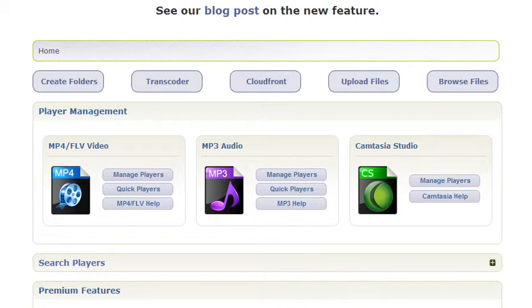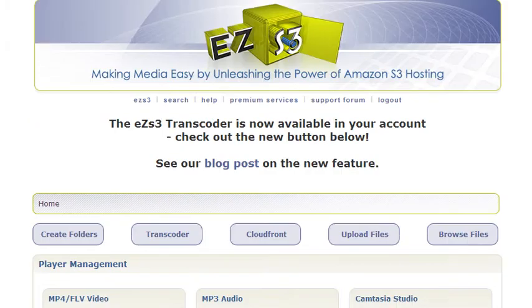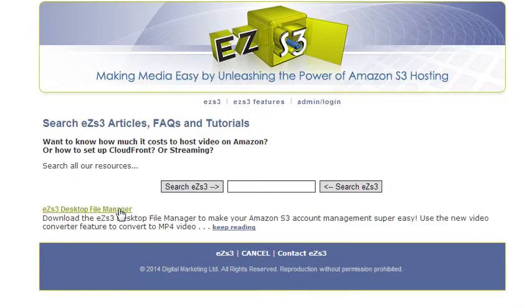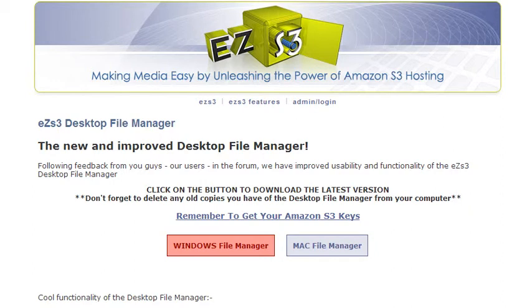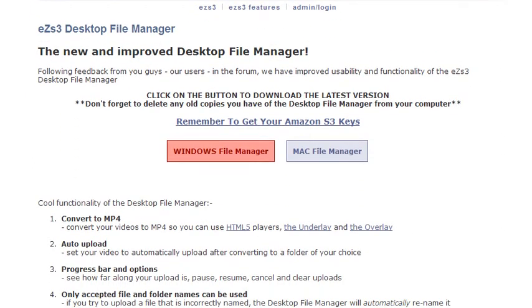Another option we have is the desktop file manager, which you don't have to remain logged in to use. So I'm going to show you this one now. Click on search, and you see it's this link down here. It's a permanent link, so you'll always be able to find it. Click on desktop file manager, and then I have an option between either downloading the Windows version or the Mac version, depending which computer I'm using. And I am on Windows, so I'm going to click on the Windows one, and that'll start a download, and